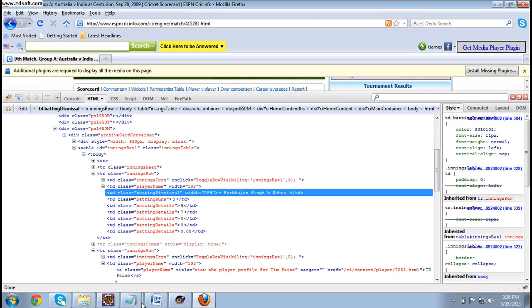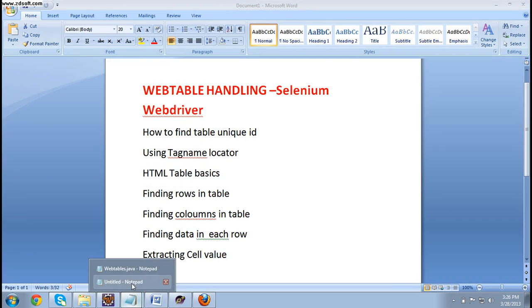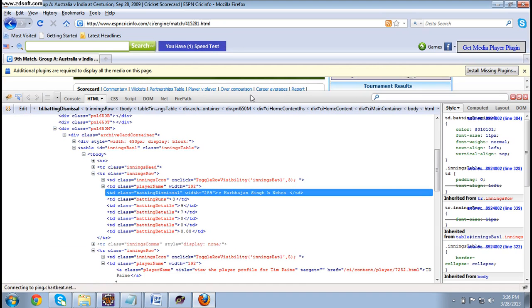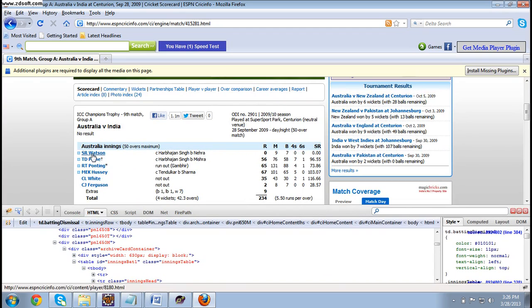Okay, I'm telling you again, once again, for each tr row there will be multiple td tags. And here, if you see, this is the first row, Watson Harbhajan. For this whole row, the developer will write a tr tag, and in each row this is one column, this is one column, 0 is one column, 9 is one column, 7 is one column. For all these columns he will use a td tag for each column. For 0 he will use one td column, for 9 one td, and for 7 one td till the end,